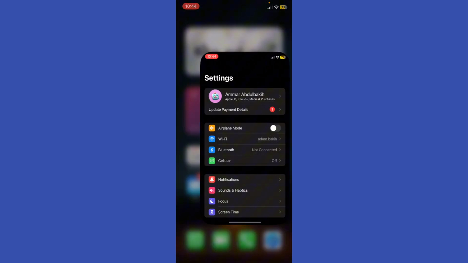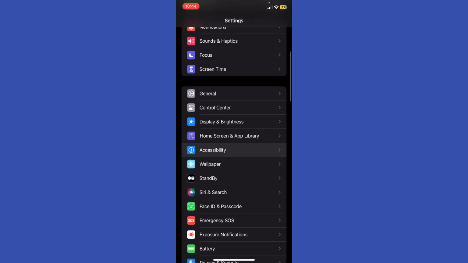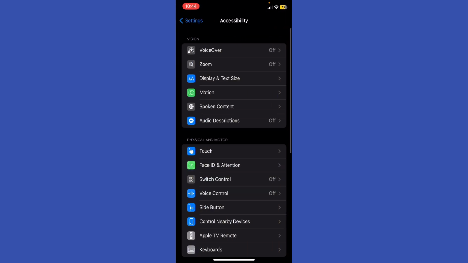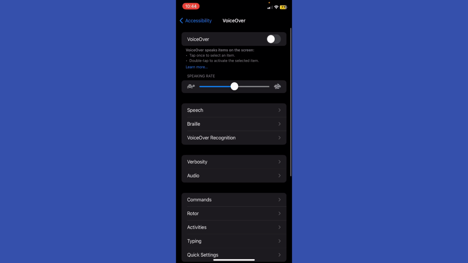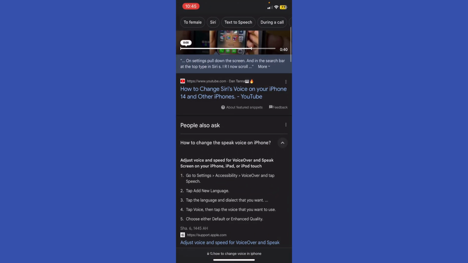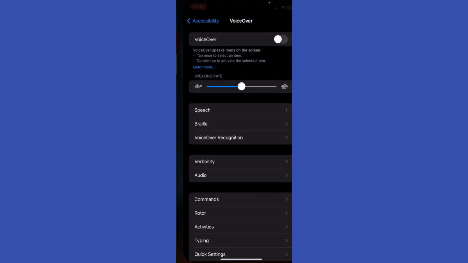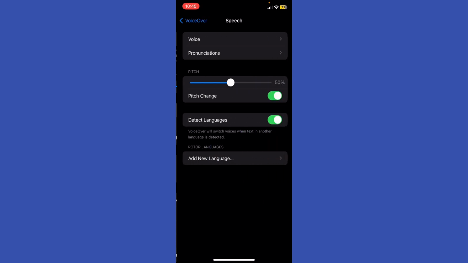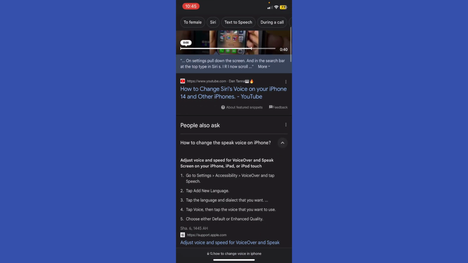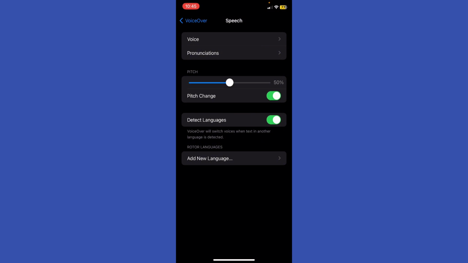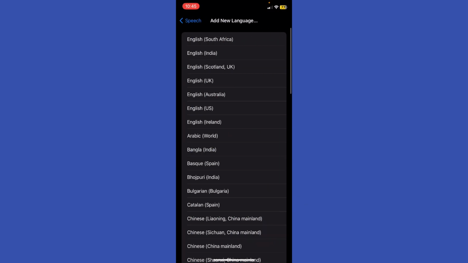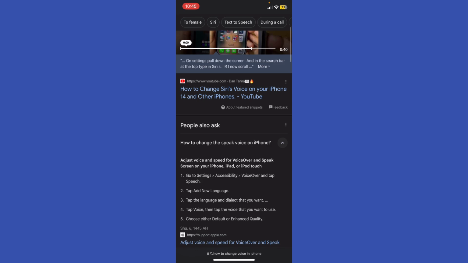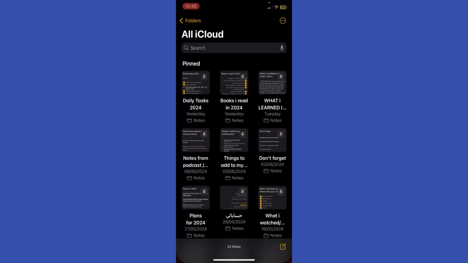So go back to your screen and then go ahead to the settings and then go ahead to the accessibility right here, and then you're gonna be able to see a voiceover, right? And then basically voiceover, tap speech. So I'm gonna just go ahead and tap speech, and tap add new language right here, and then tap the language that you want, and then tap voice